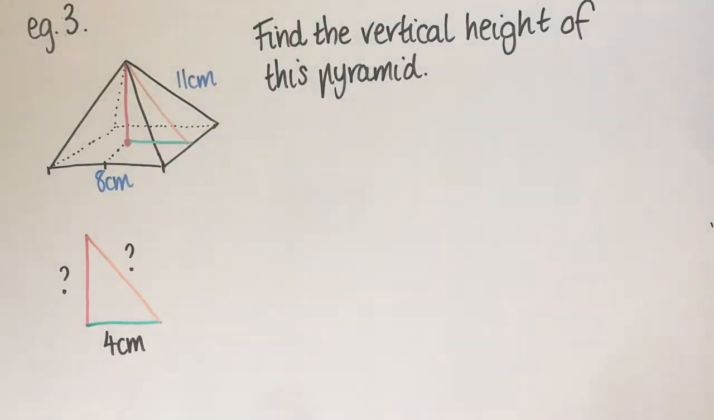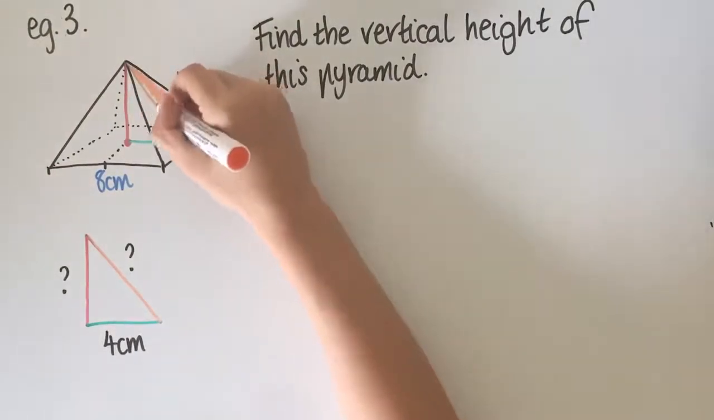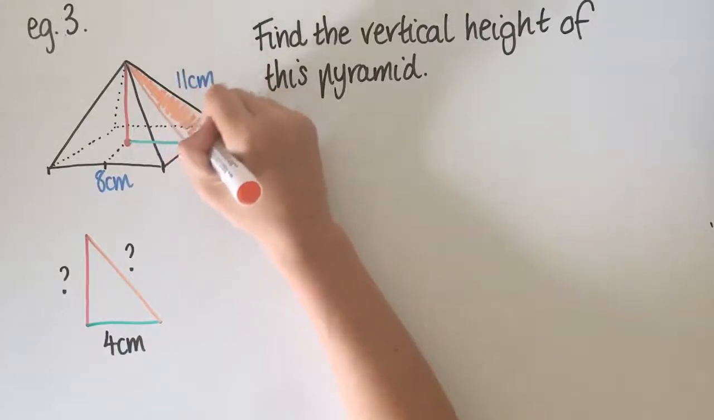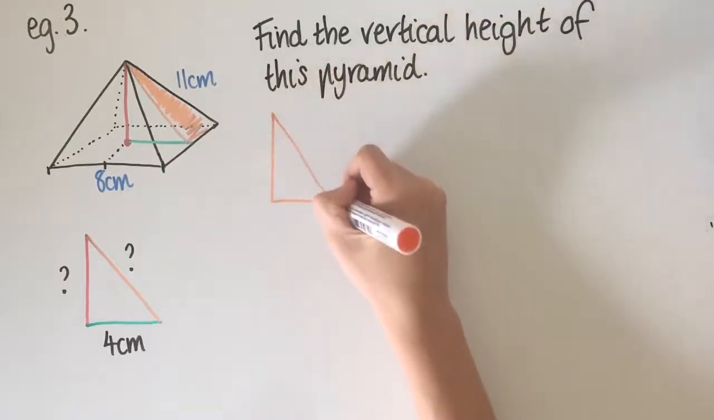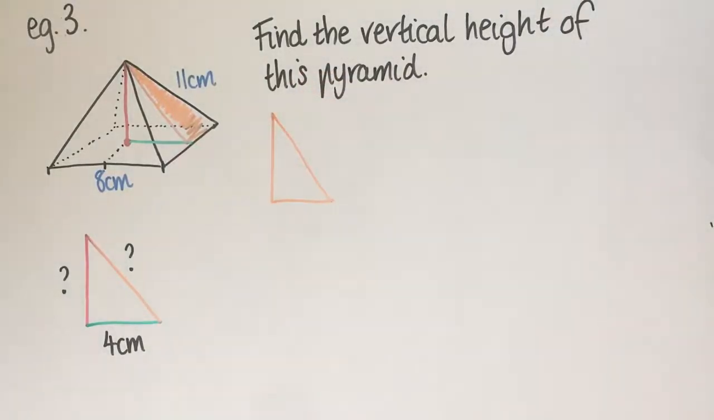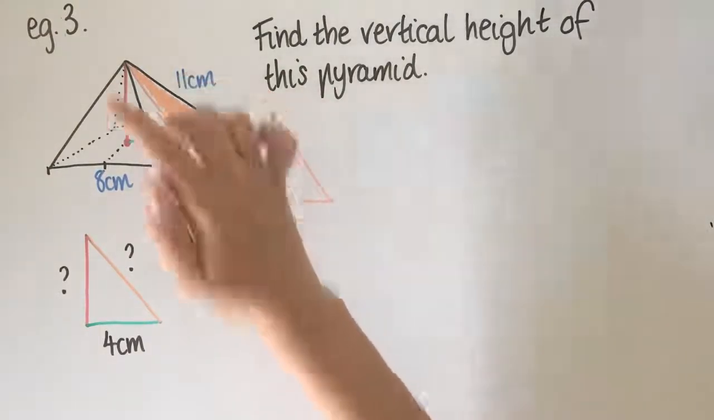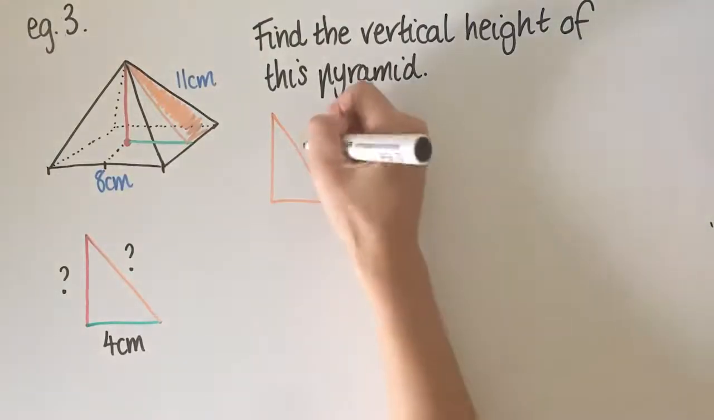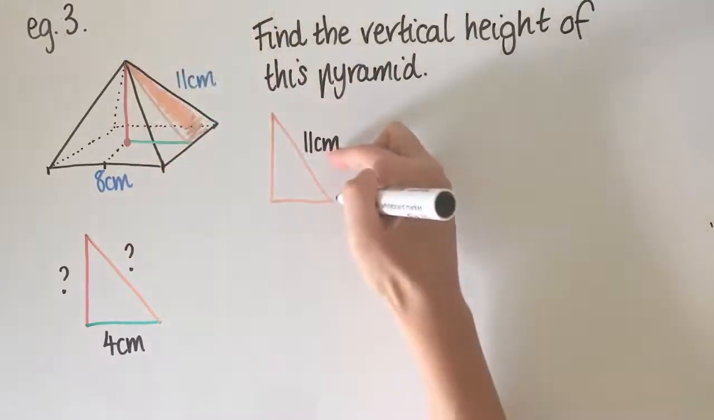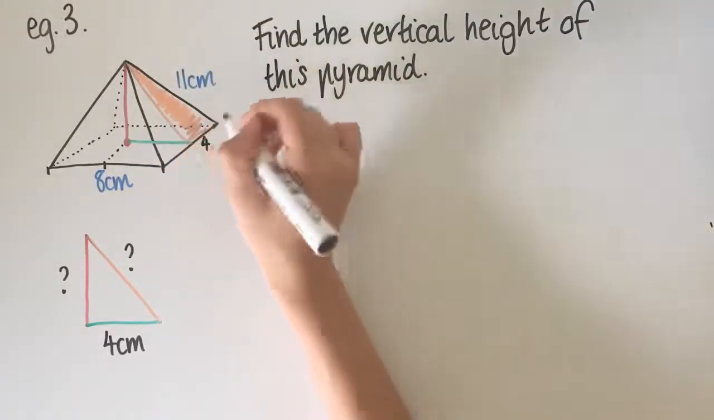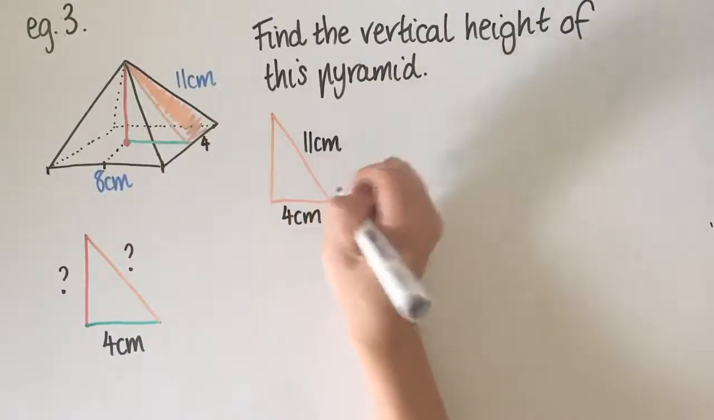So if I look at this orange part here, what I've got here is a right angled triangle, but it's just leaning over. So we're going to find that one first. So I'm going to draw a whole orange triangle here, and we're going to try and find this side here. That's going to represent this height here. Okay, so I know that this is 11 centimeters because that is this. I also know that this is 4 centimeters again because it's half of that triangle,